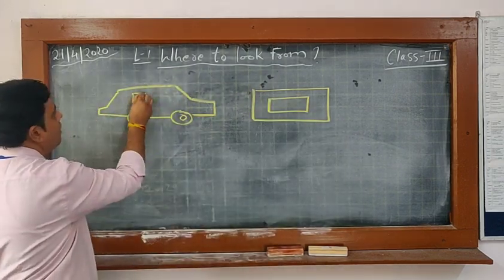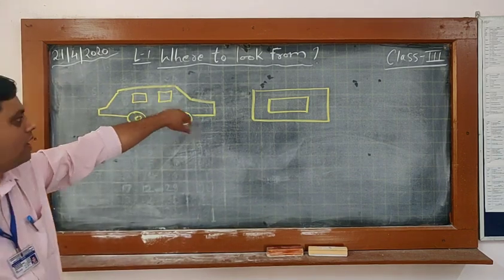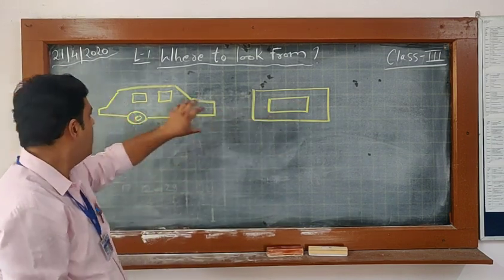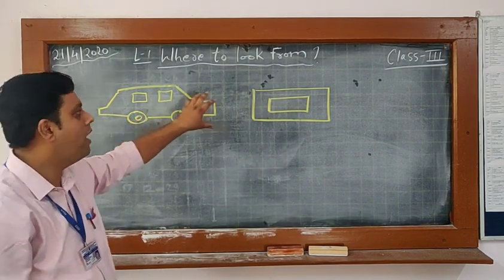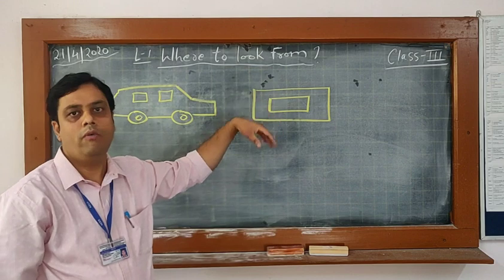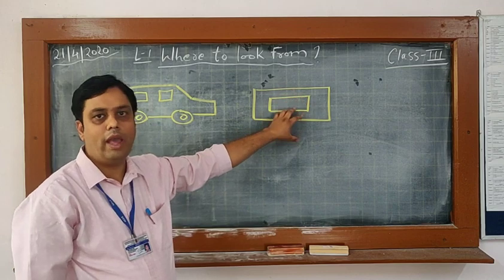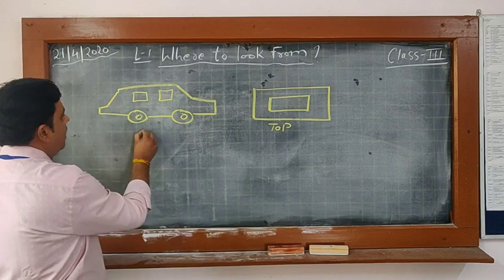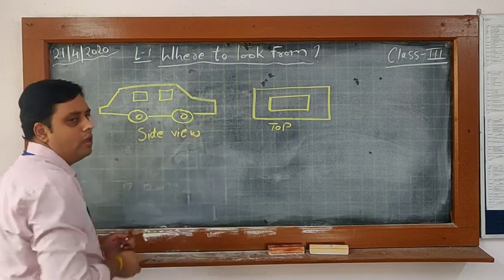Normally, if we see in first impression, this is the right one and this is the wrong one. But it is not wrong. It is also right. Why? When we see car from the side, it will look like this. But the second student saw that car from the top, from the third floor, fourth floor, or maybe fifth floor. From the fifth floor, car will look like this. So it is the top view of the car, and it is the side view of the car.